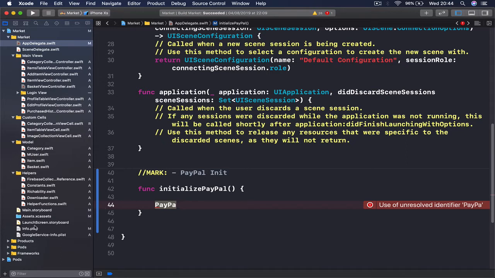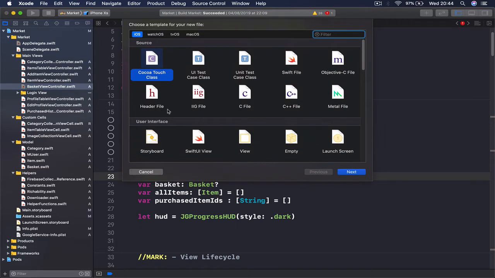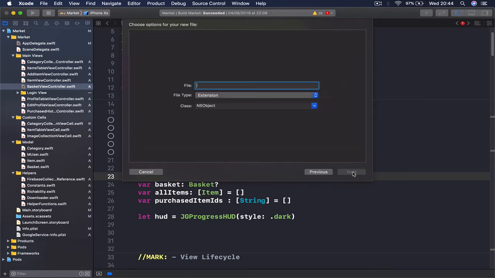bridging header file. So in order to create a bridging header file, there are two ways. The easiest one is to just select any file you have, press Command N to create a new file, and we are going to create an Objective-C file. And click next, give it, let's say, extension to NSObject, and for the file name, just put anything. Click next